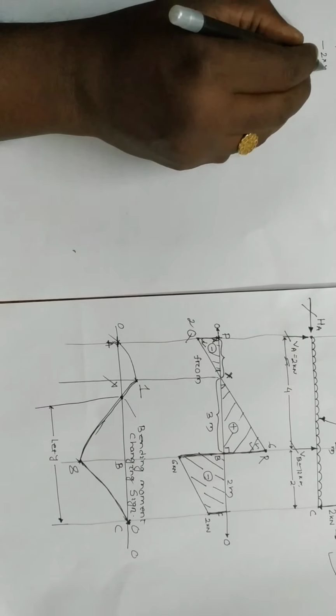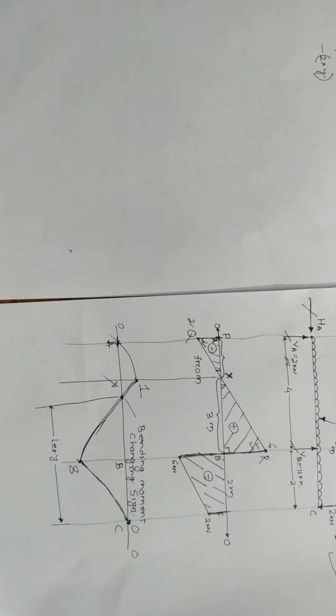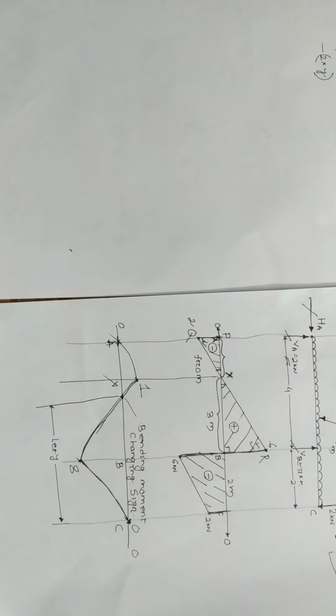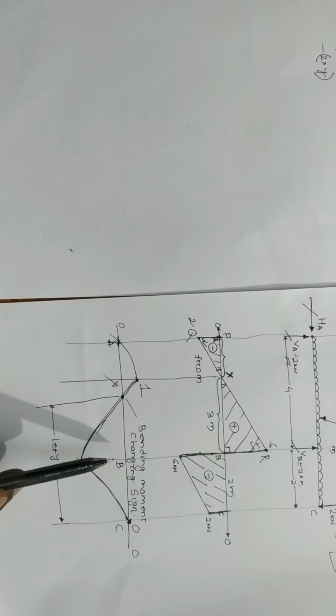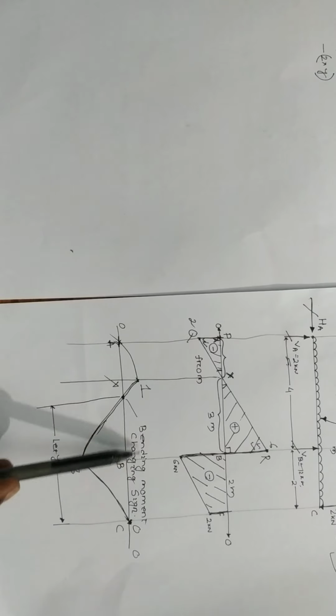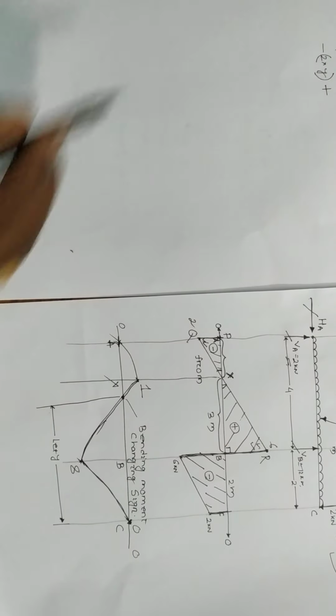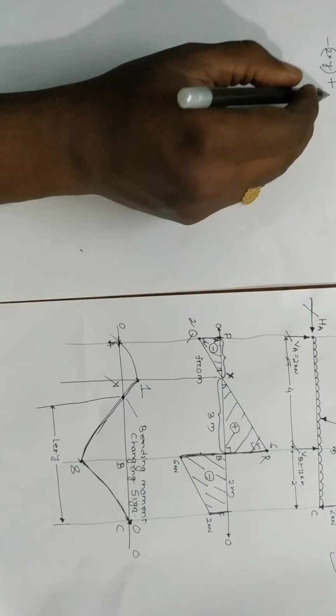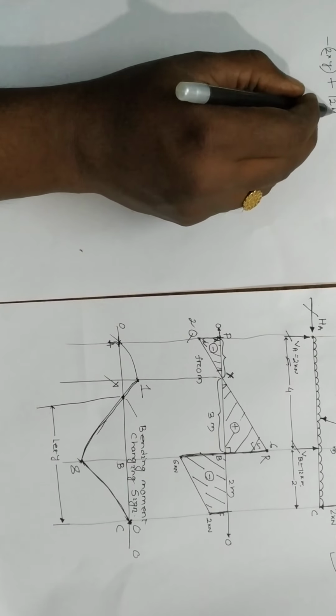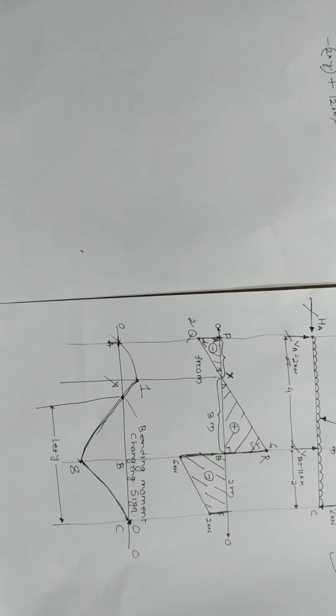Then vertically directed reactive force VB here, and due to this vertical directed reactive force, the moment about point B will be created counterclockwise. You can visualize counterclockwise. So this will be positive. And what will be the force? The force will be VB is 12 kilonewton, we have calculated. Into what is the perpendicular distance between